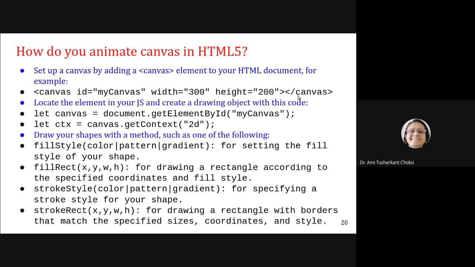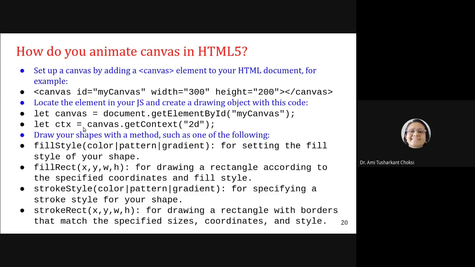Locate the element in your JavaScript and create a drawing object with this code. Let canvas is equal to document dot get element by ID of my canvas. What is this my canvas? That is the canvas ID.